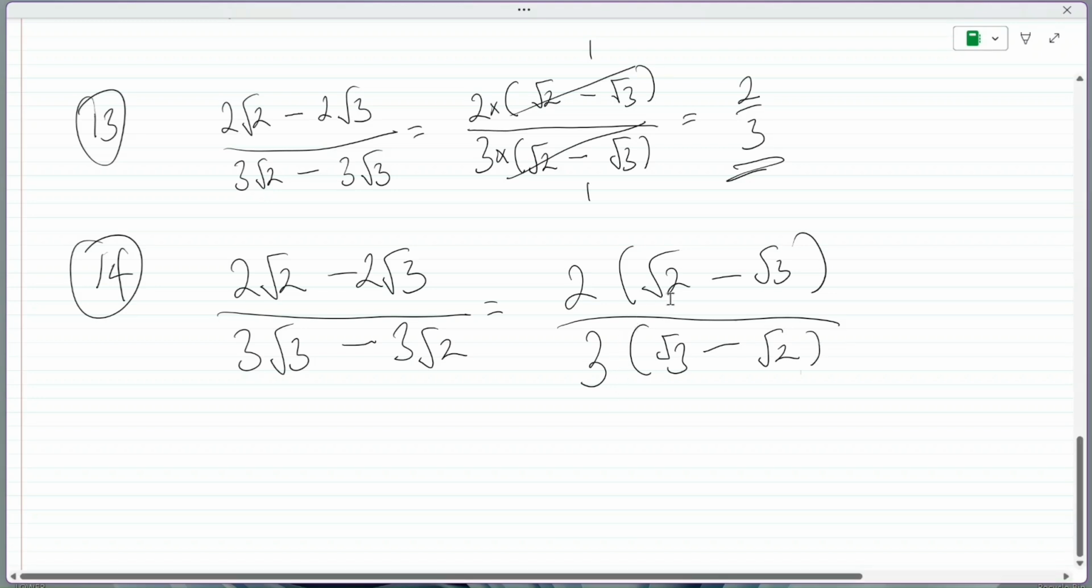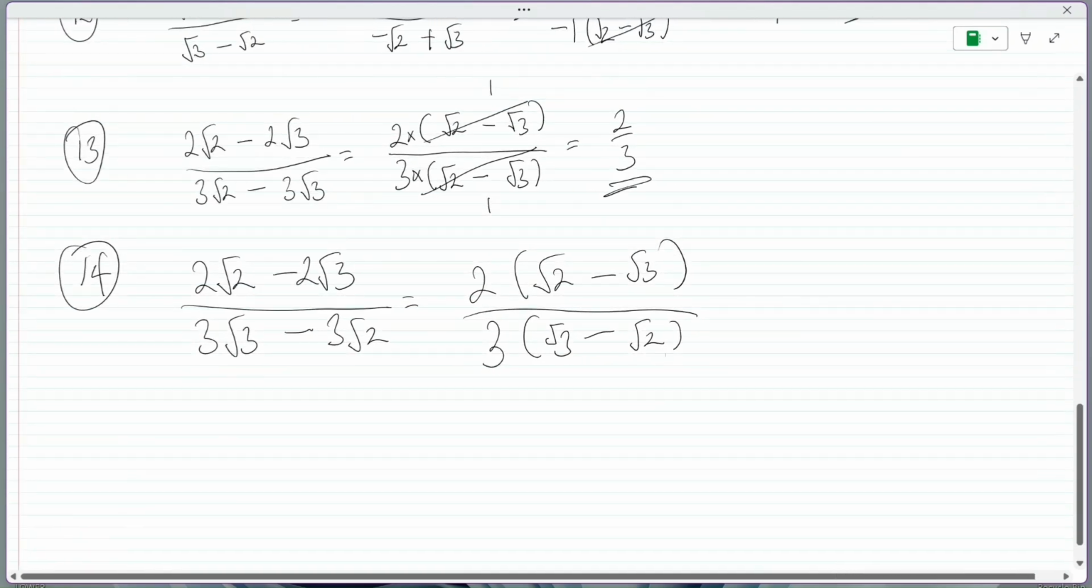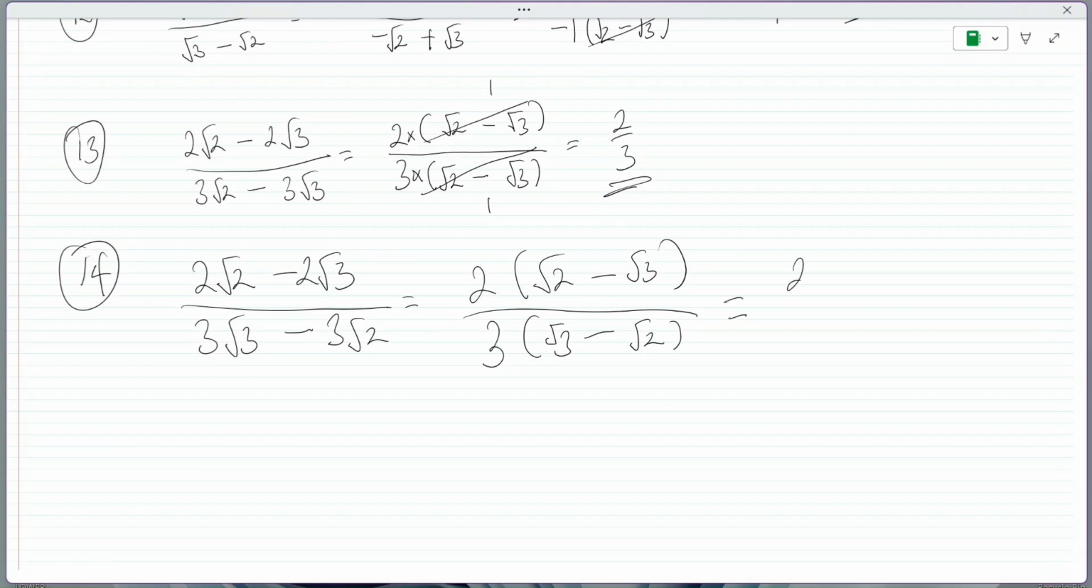Now watch. The root 2 here is positive, but the root 2 here is negative. The root 3 here is positive, but the root 3 here is negative. You can't cancel out, but you can rearrange. You can have it as equals 2 into open bracket root 2 minus root 3 close bracket over 3. You know,